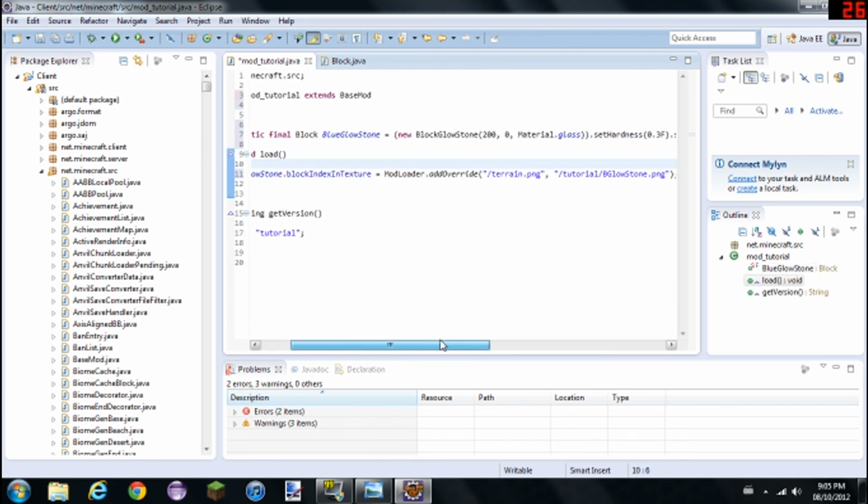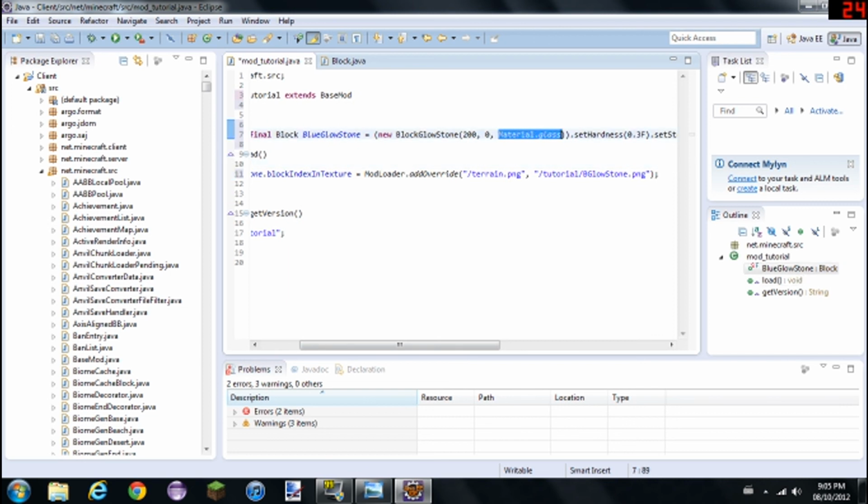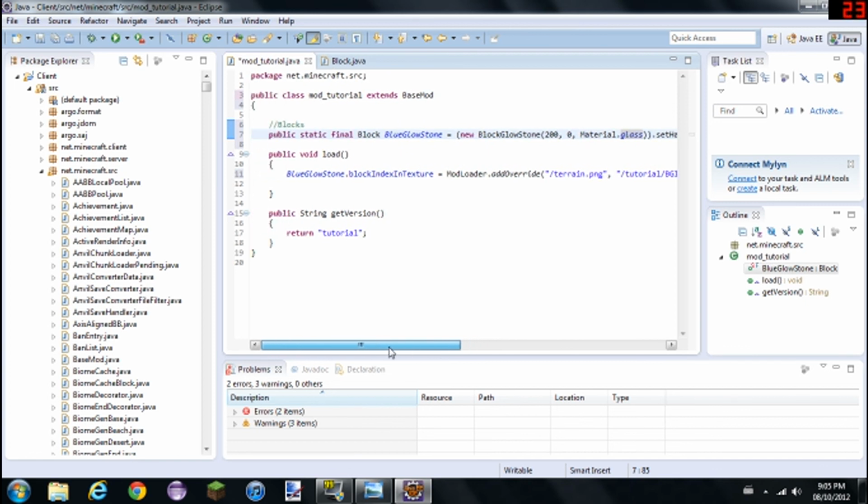So since we have that done, the third one, go back up to this, is material glass, and we'll leave it at that, so it means that the material is glass. Now this, I told you that this is the